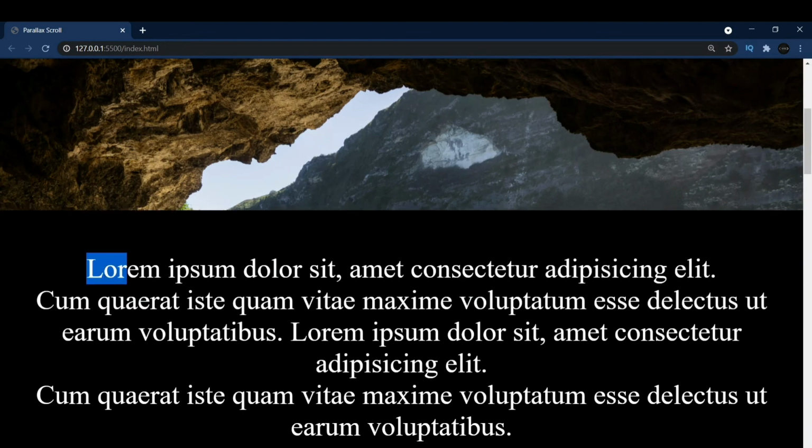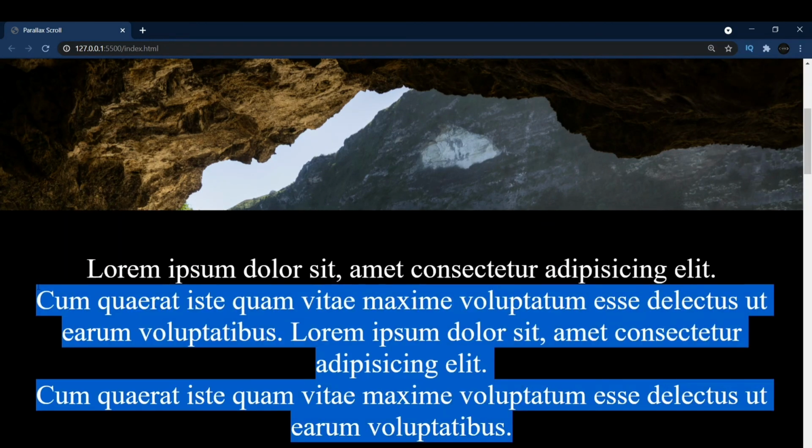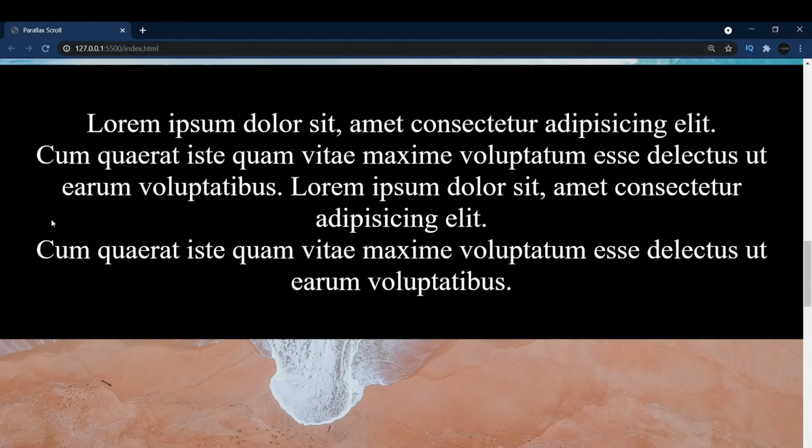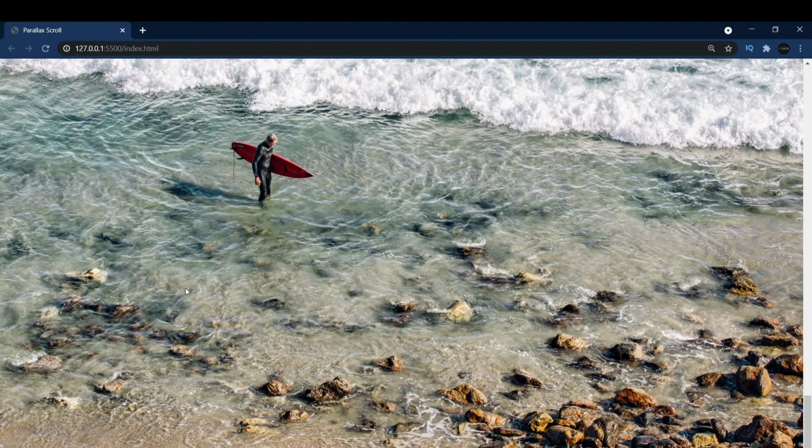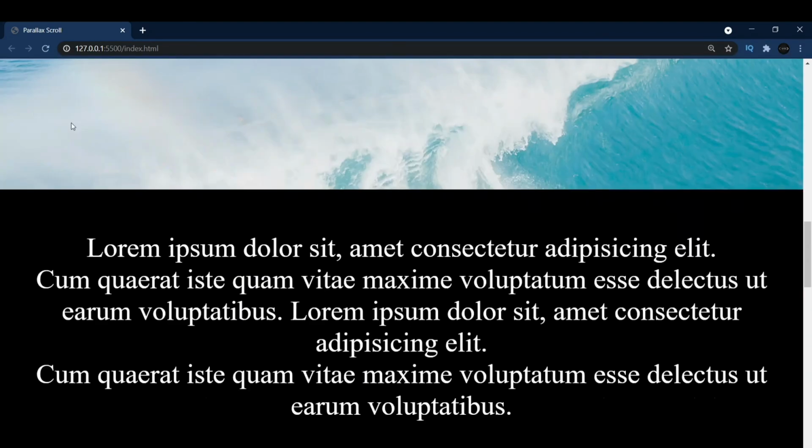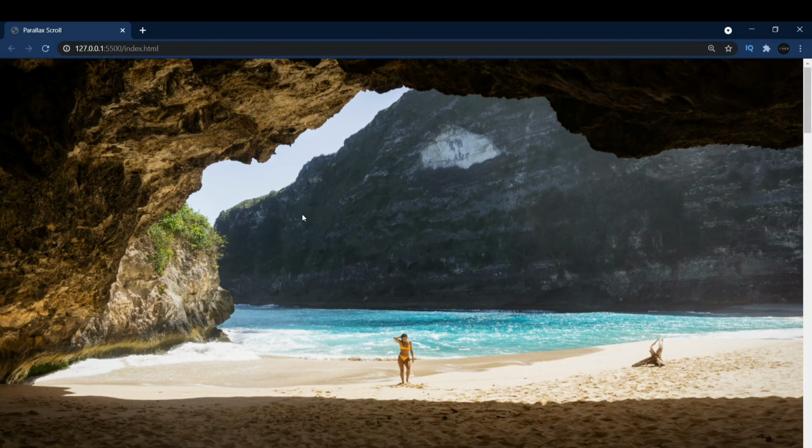Now you can style it in your own way. I have not styled it, I have not done anything to it. You can make it look amazing. These types of websites are out there. You can add a footer at the end, you can add a header at the top, you can add many elements to it and make it look beautiful. But this was it for this video.